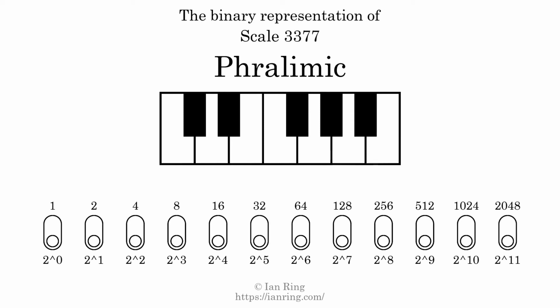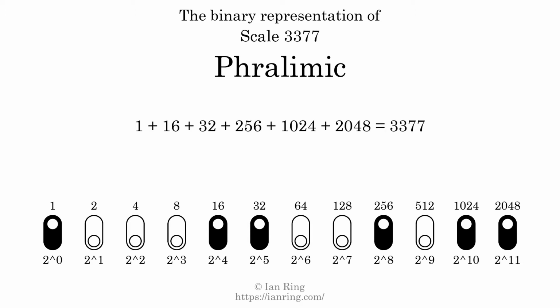The binary representation of this scale is determined by mapping tones of the scale to binary digits. Each binary digit represents a power of 2. To get the scale number, we add the powers of 2 together. The powers of 2 that are present in the scale, all added together, equals 3377. That is why the scale number, in decimal, is 3377. The scale number not only enumerates the scale with a unique index, but it also literally describes the tonal content of the scale. Represented as a binary number in base 2, the scale number is